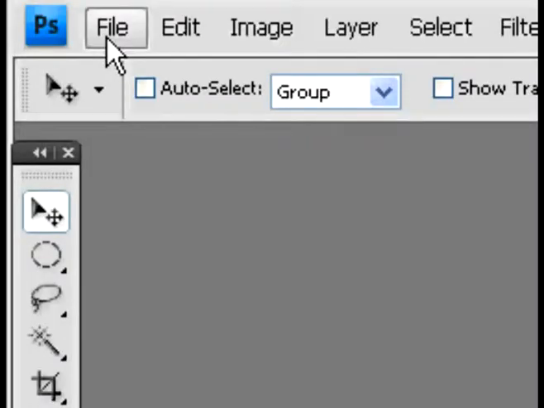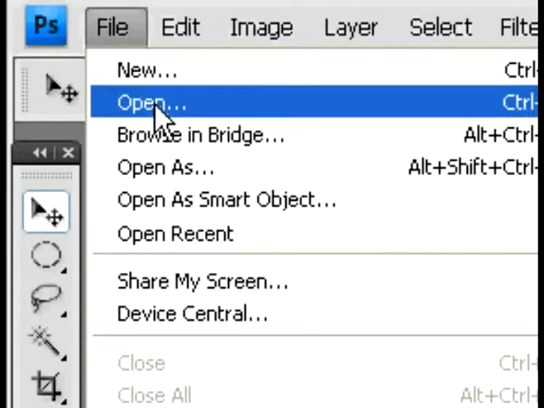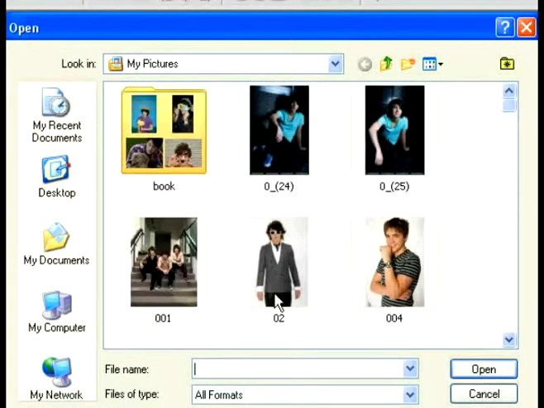First of all, you want to open a photo. You can pick any photo you like, but mind you that each photo is going to have a different aspect, different outcome. I'm using this picture of Joe Jonas, but feel free to use anyone you want. But mind you that your outcome will be different than mine. Alright? So once you have your photo